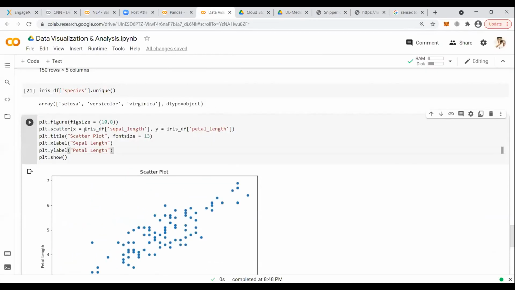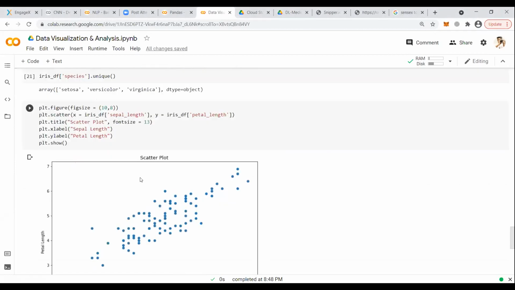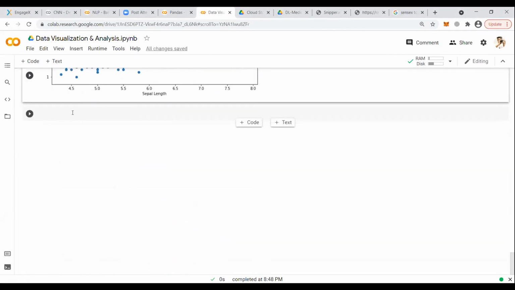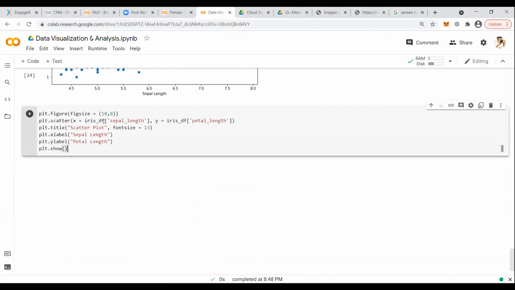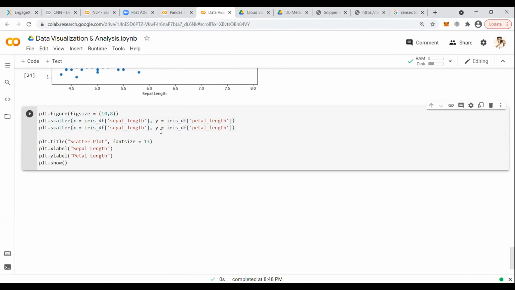Okay, you need to provide here the column names. Now, let's try to introduce the same type of thing with Seaborn. Or maybe what I want to do is merge two separate plots in one. One is sepal length versus petal length. And I want to take sepal length versus petal width.